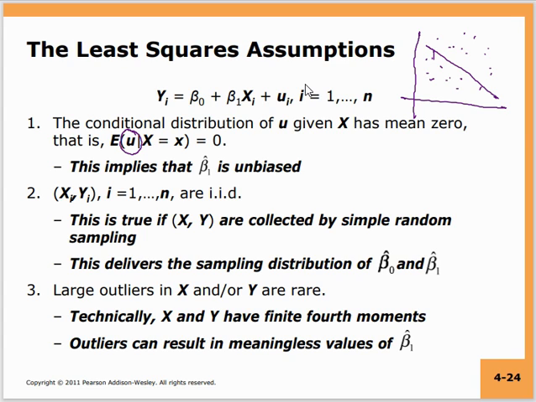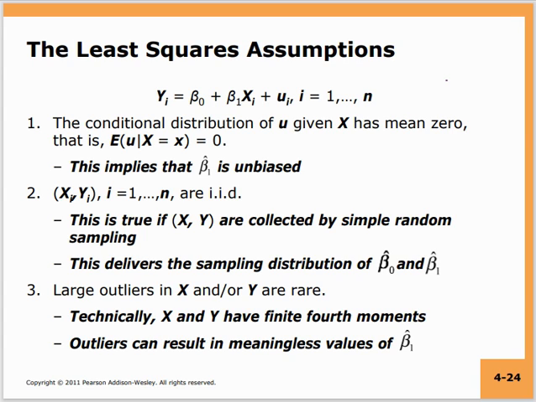What that basically means is that you will try to find that regression line which goes through the middle of your cloud of points. When it goes through the middle of your cloud of points, the positive errors and the negative errors will cancel each other out, and overall your average error will be 0. This is what the first assumption is talking about, and this is a reasonable assumption. That is the kind of regression line that we want to build, so that overall we make an average error of 0 in predicting our dependent variable given our independent variable.